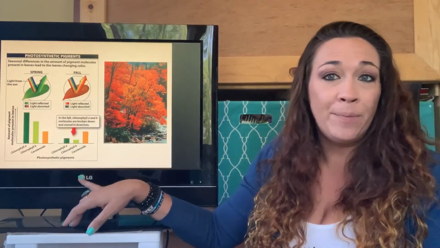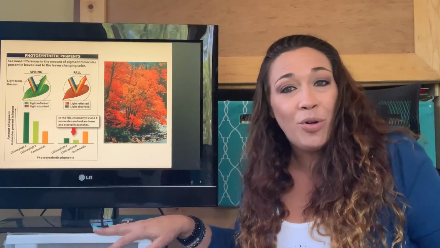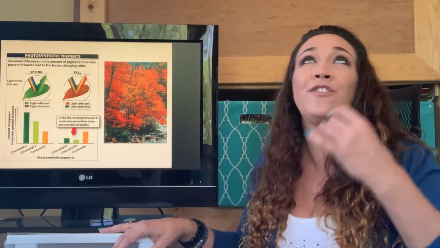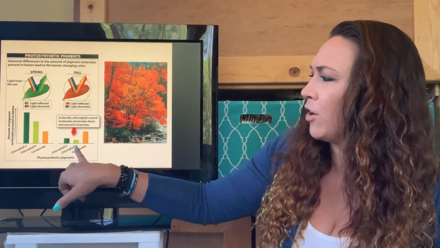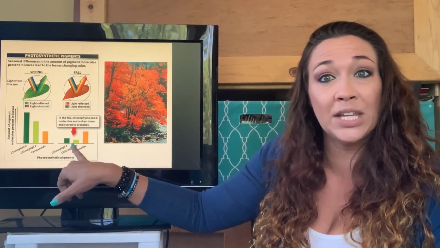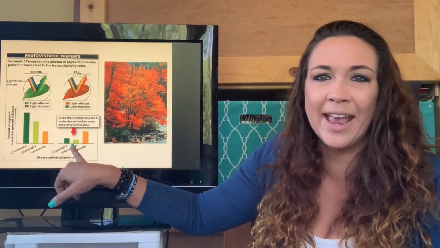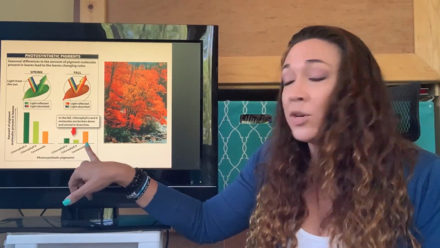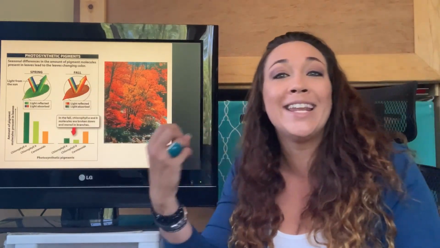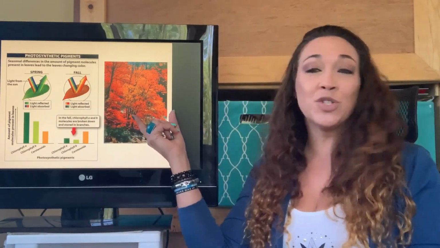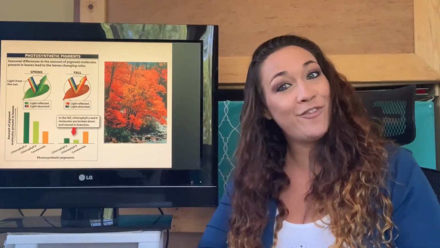Now, in the fall, right, when we're getting a little bit too cold to do efficient photosynthesis, we're going to decrease our chlorophyll A and our chlorophyll B concentrations in our leaves. We're going to store them. We're just going to hang out for a little bit. The only thing that's going to remain the same is the carotenes, and the carotenes, again, are going to reflect that red and yellow and orange color, which is why we get those beautiful color changes in the fall.